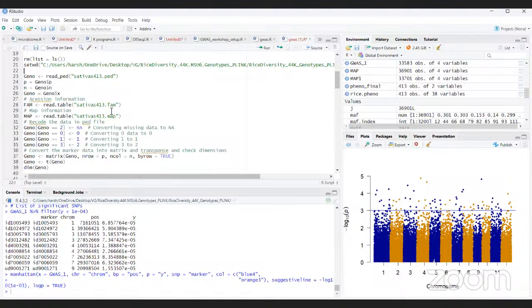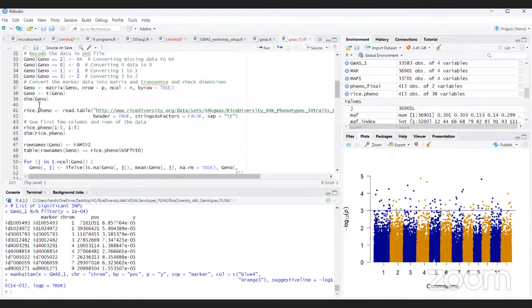Whatever data we get, we try to convert it into a matrix, and through the matrix, R is able to perform any kind of statistical analysis that is required. So we are converting these files into matrix files, and